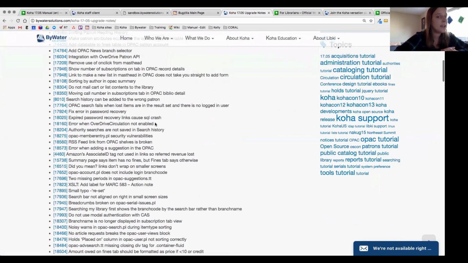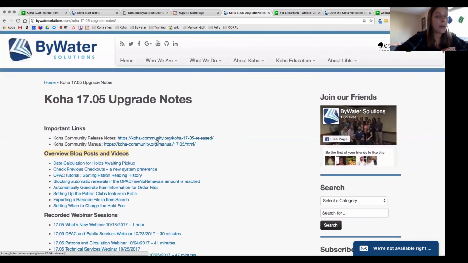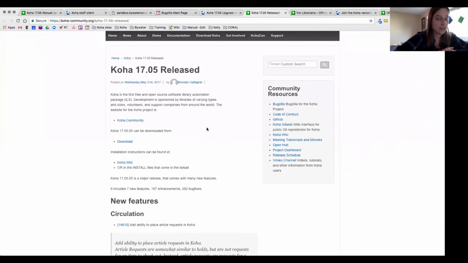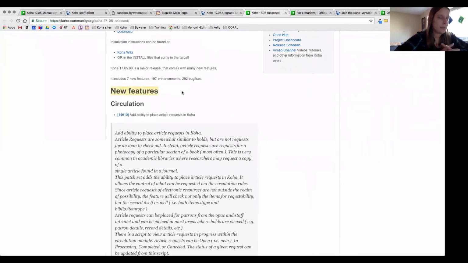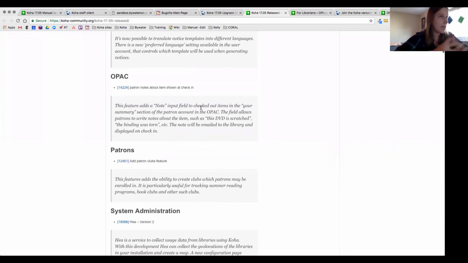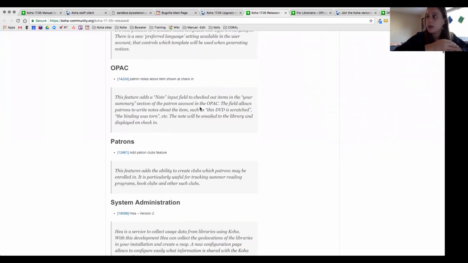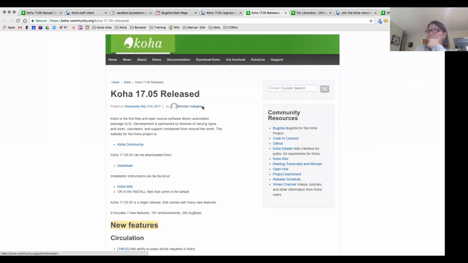That is a condensed list from what you see on the Koha community site, where you'll see a complete breakdown of all of the changes. Part of what the educators do at Bywater is we go through this entire list and then put a condensed list on the Bywater site of things that will affect you, something easier to go through.